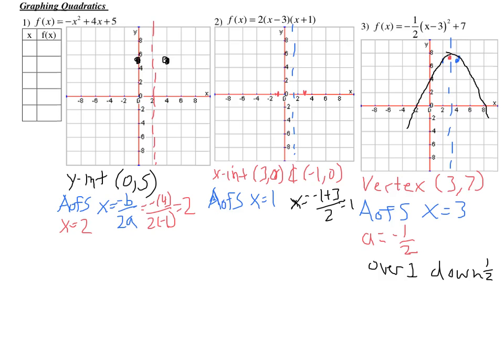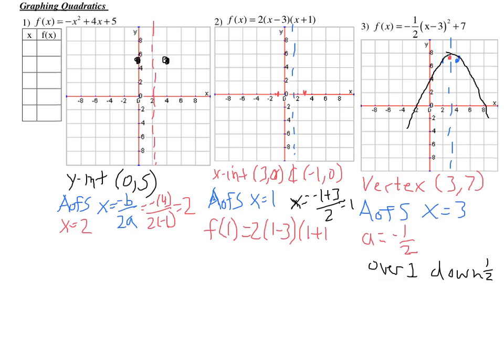Now, looking at intercept form, I have 2 points here. Could I find the value of my vertex on my blue axis of symmetry? What number do we need to plug into the function to get the coordinate there? 1. Since my axis of symmetry is 1, could I simply take some time now and find f of 1? If I find f of 1, would that give me a coordinate on the axis of symmetry called my vertex? So let's do it. 2 times 1 minus 3